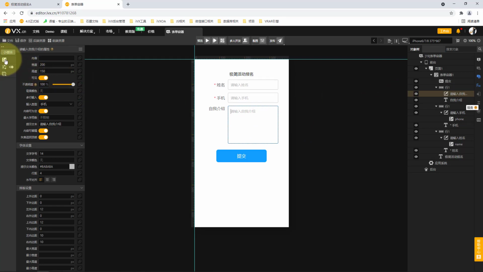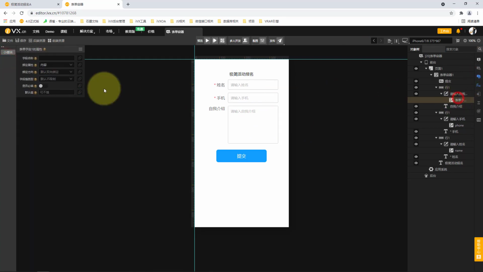There's no need to make another change. Then, the binding direction is followed. We default to two-way binding. Finally, let's talk about this content. What is its field type? We choose whether the field type is our mobile phone type, so here we choose a mobile phone type, and